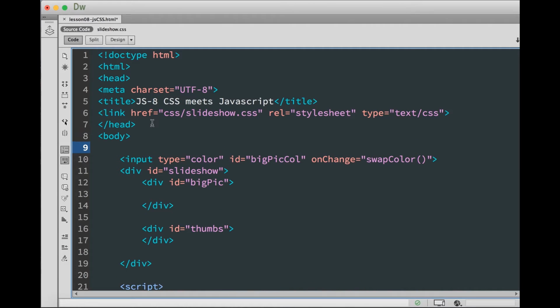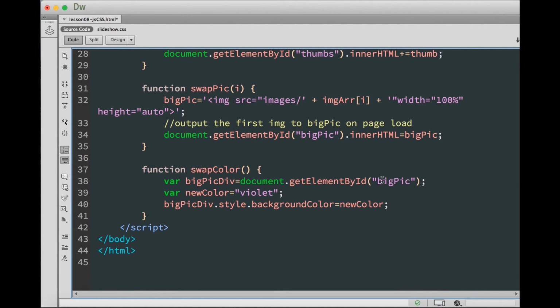Type bigpick bg color, with a colon before the input tag so the user knows what to do. So now the input object is calling the function swap color, but the new color variable is still set to violet. So take out the hard-coded color and change it to